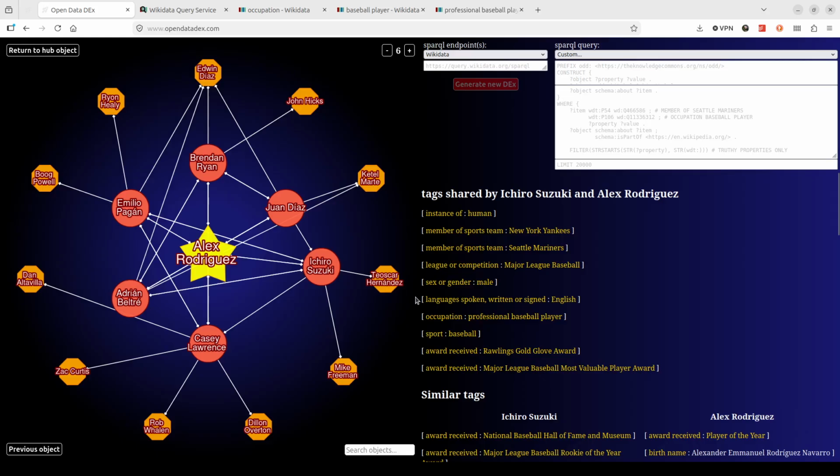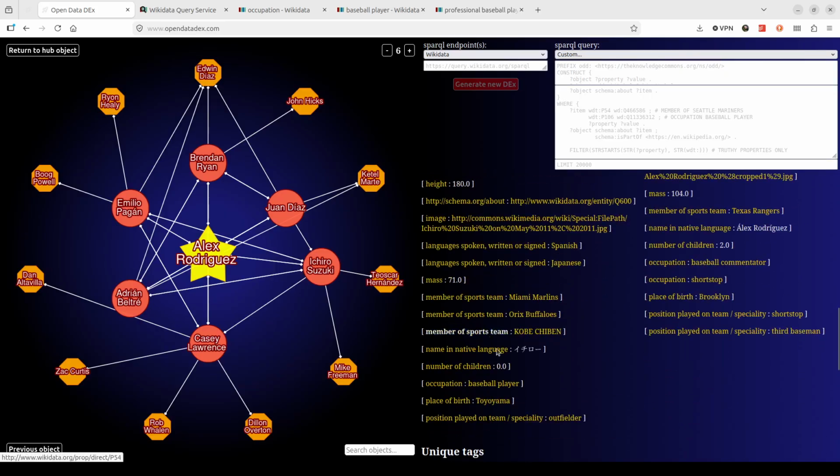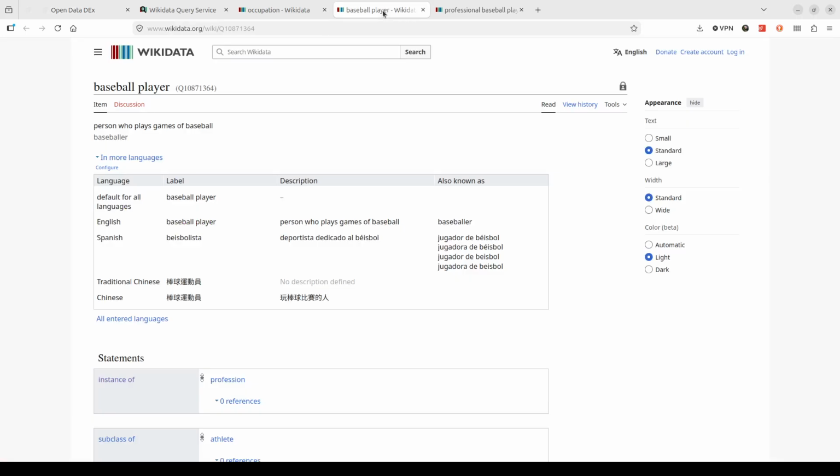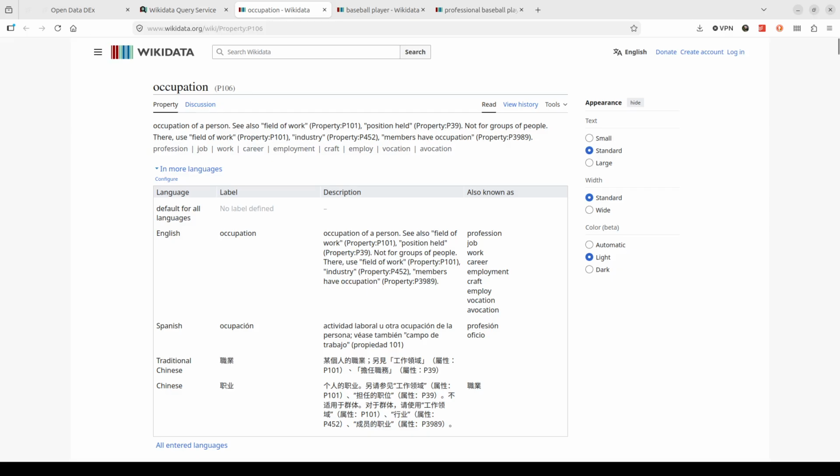Both do have this occupation, professional baseball player, but I am guessing for Ichiro, we're also seeing occupation just general baseball player, which is why he shows up in both DEXs. So that's this issue here with it being baseball player versus professional baseball player for occupation.